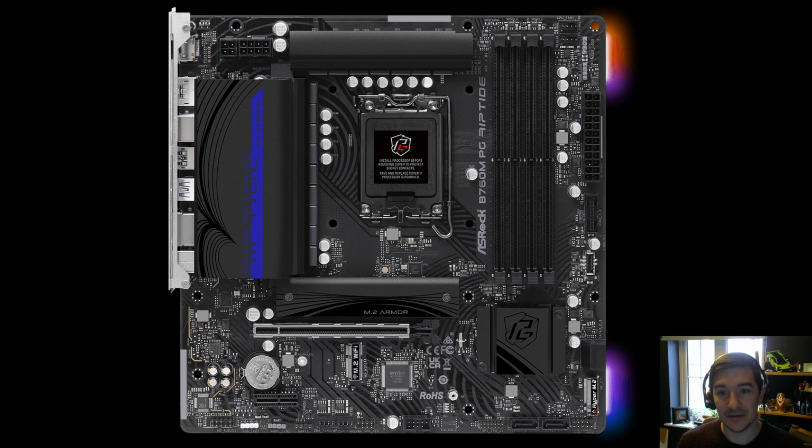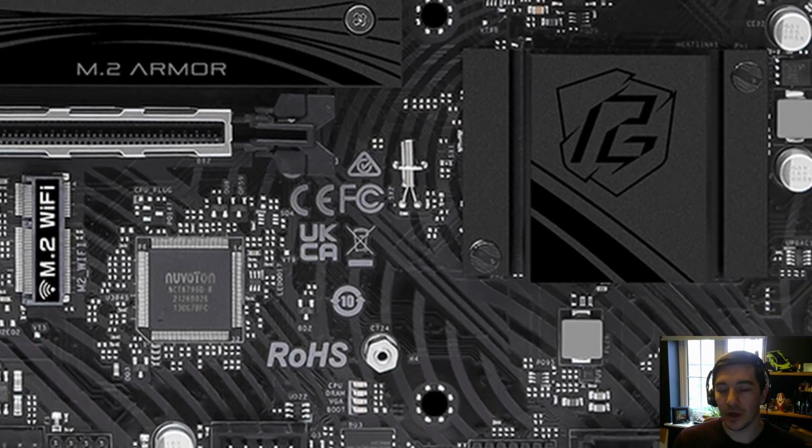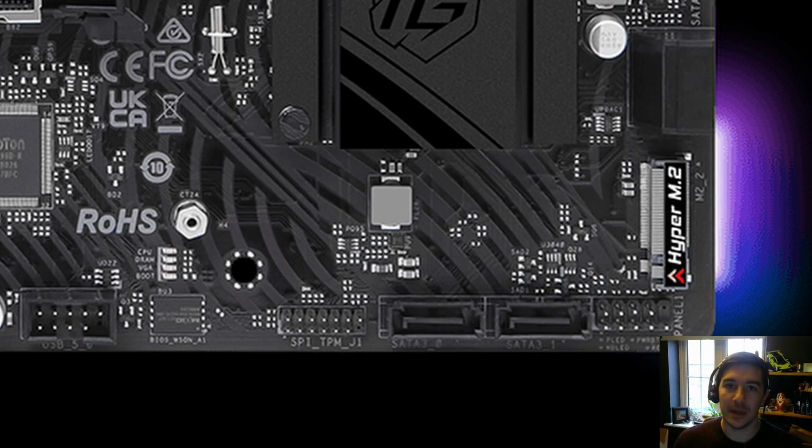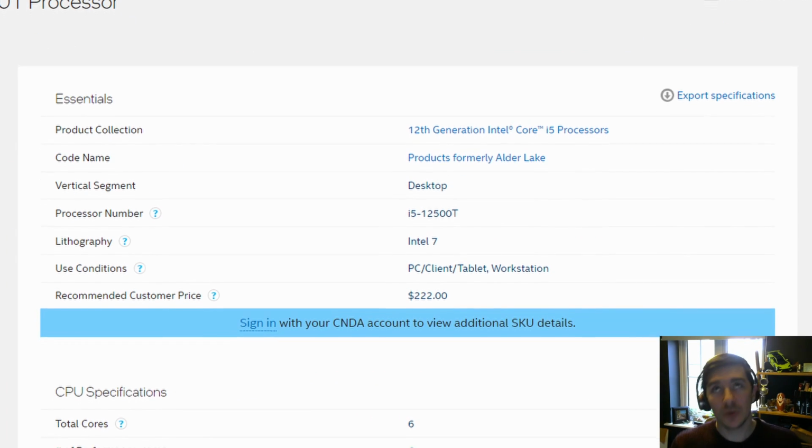It wasn't expensive, and it's got more or less the expansion slots that I need right now. There are two M.2 slots, and one could just be used for the boot drive. If I decide to go down that route, I could offload Unraid onto an M.2 if I wanted to. And of course, a lovely shot of the Intel i5 12500T, which I'm very happy with. It's a 6-core, 12-thread,